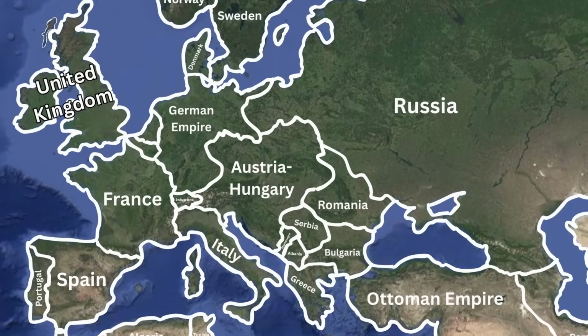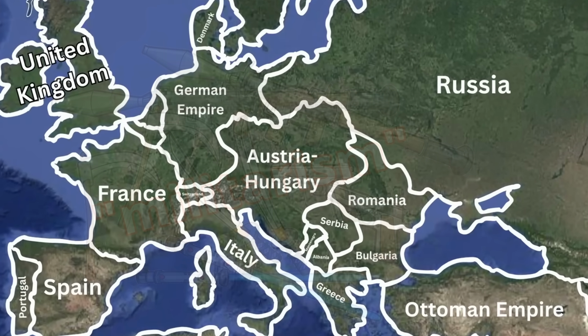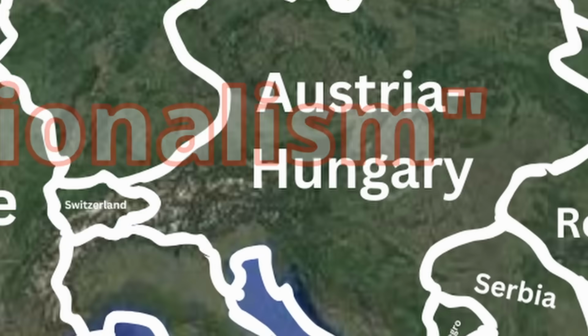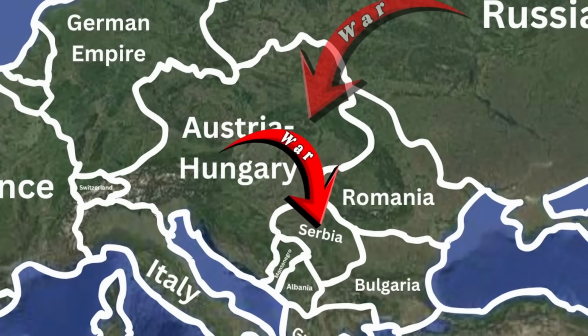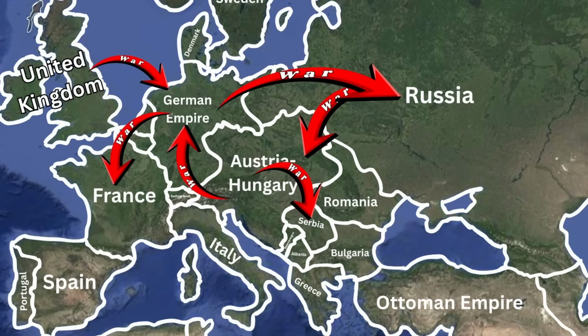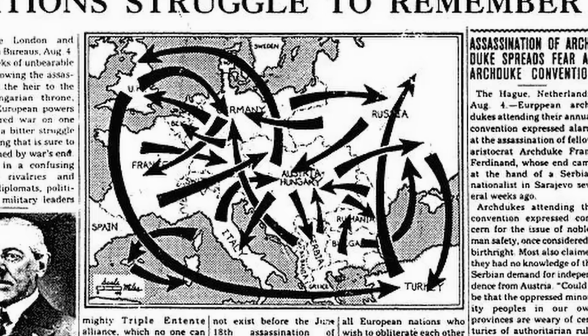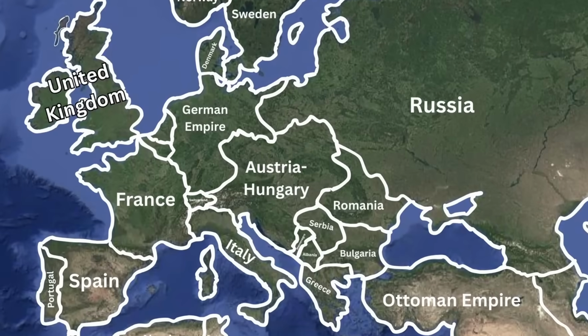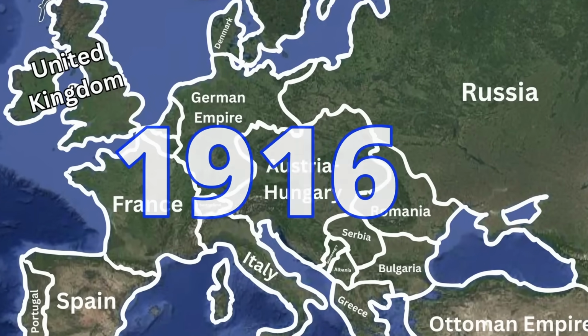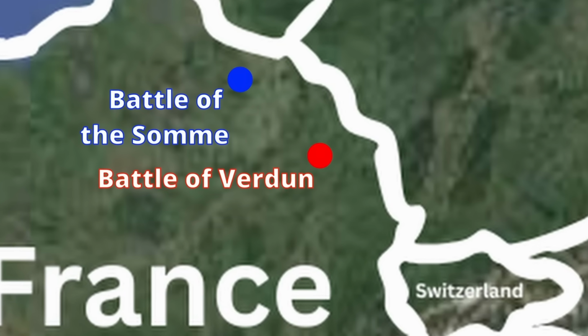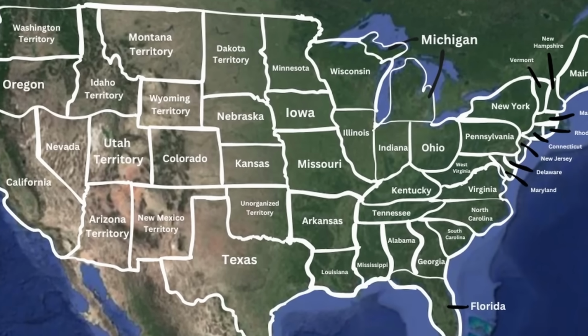So basically, by 1914, all these European powers had a bunch of weapons, they were all entangled in a bunch of alliances, and most of all, they were all pretty full of themselves. After some dude got assassinated, one country declared war on another country, which would cause a big domino reaction because of the alliances we talked about earlier, which is why my favorite historical newspaper has got to be this amazing one from The Onion. So anyway, this war happens for a while, and by 1916, the war stalemates into 2 big battles of trench warfare at Verdun and the Somme. But if you're wondering what the US is doing, basically nothing is the answer.